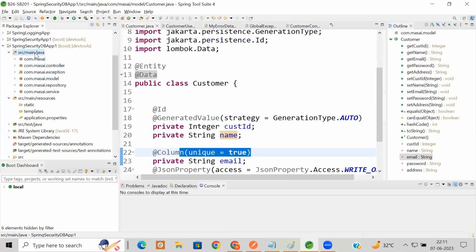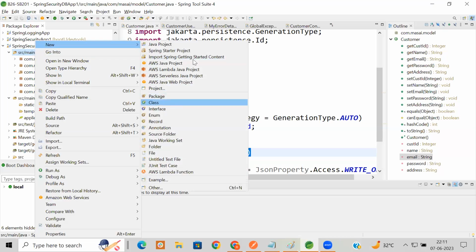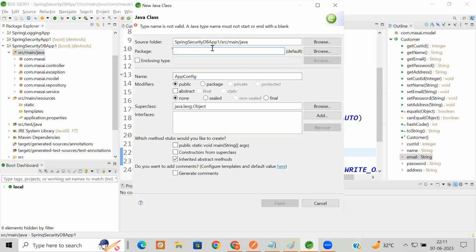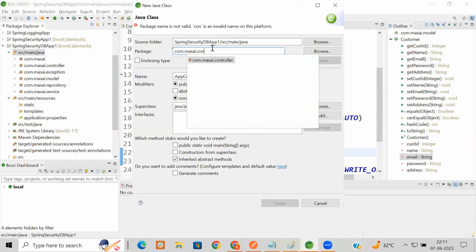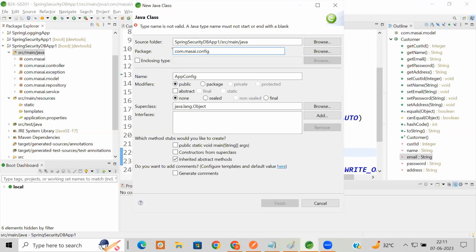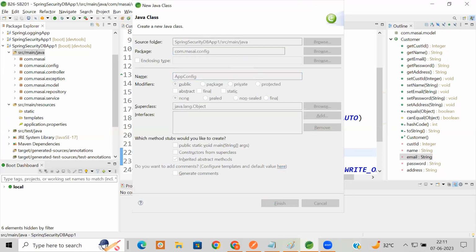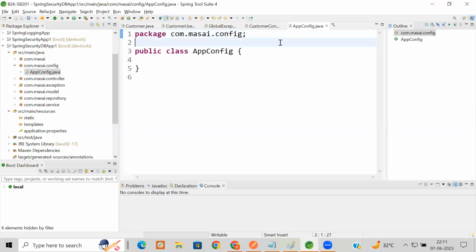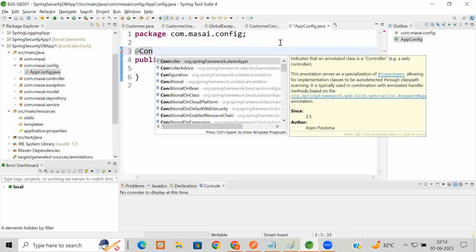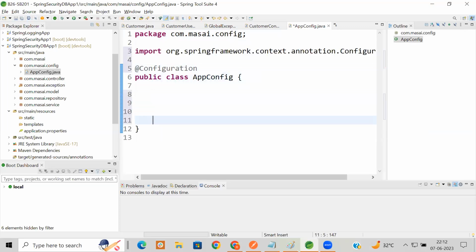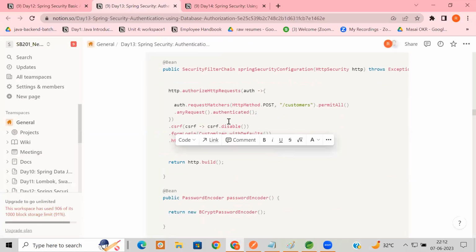So it should be there in the config package. Separate, I'm creating one class called AppConfig, but it should be there in the config package. Good. And here I need to use @Configuration, और इसके अंदर सिंपली जस्ट कॉपी पेस्ट।